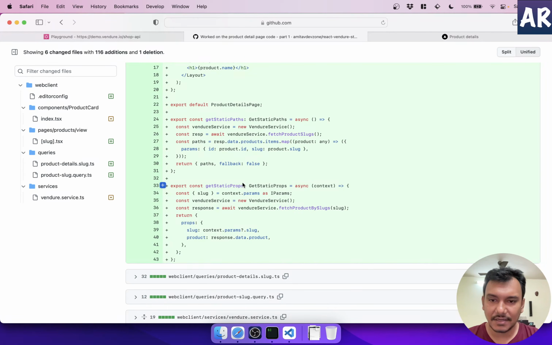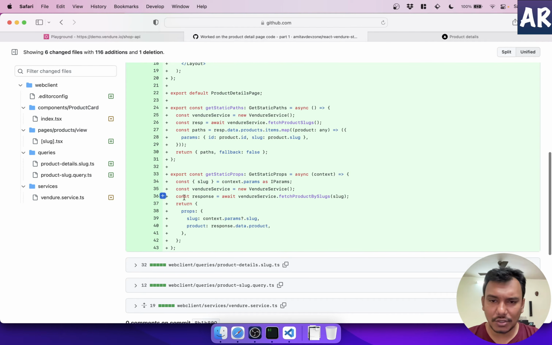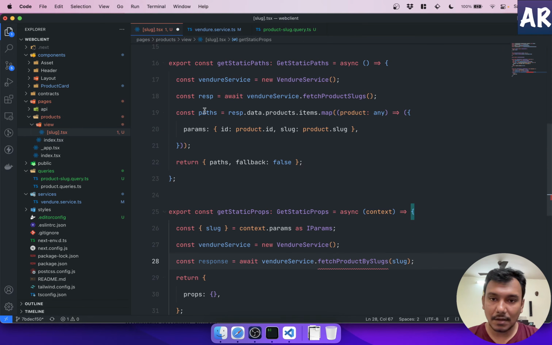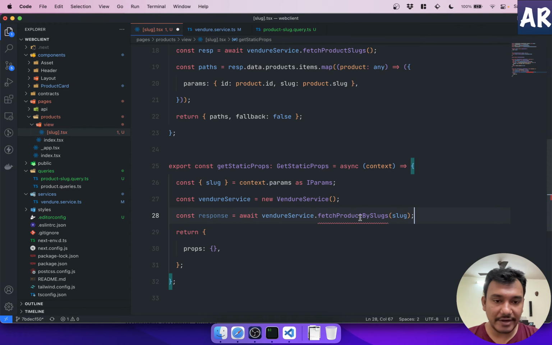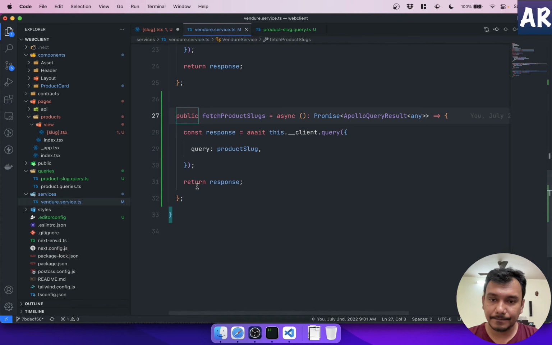We'll have to see that. But okay, code we can always refactor, right? So the service is calling a function called vendor service fetch product by slugs. So let's go over here,